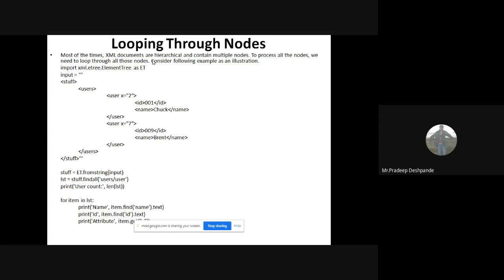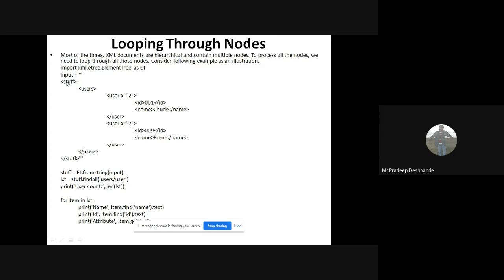So consider this example now. Import xml.etree.ElementTree as ET, and input. As I said previously, we have used the data. Now we are using the input here to embed the XML into our Python program.